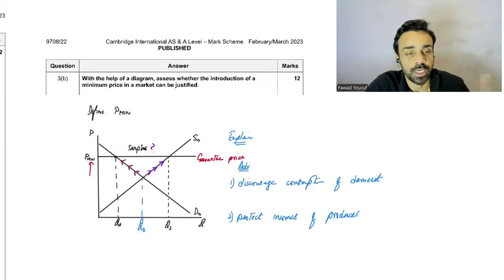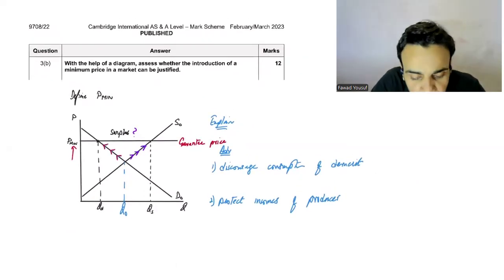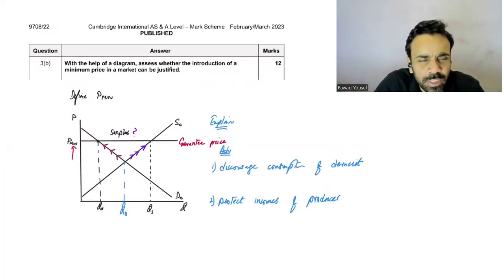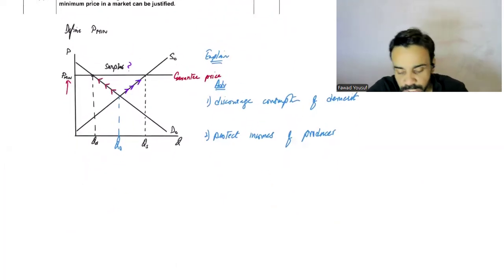Although you have to do the counter argument, and you can do that against it. So these two are good reasons you have, with a diagram. I think you can easily get up to level 2, 4 to 5 marks. But that will only be one-sided. You have to do a counter argument about the disadvantages. You don't have to do a counter argument of another alternative policy, at least over here.